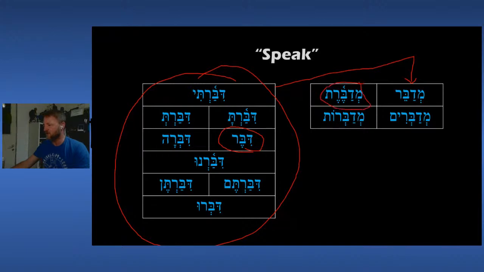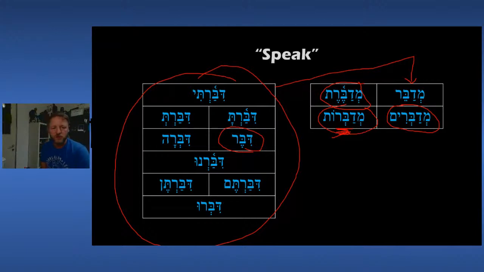Medaberet, speaking, for feminine singular. Masculine plural, medabrim. Feminine plural, medabrot. Again, we're using the Israeli pronunciation, which means that if we have a consonant cluster that we can produce, we do. If you're going according to the traditional grammar, it would say medaberot, medaberim,